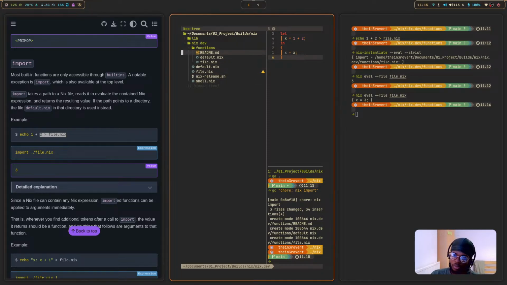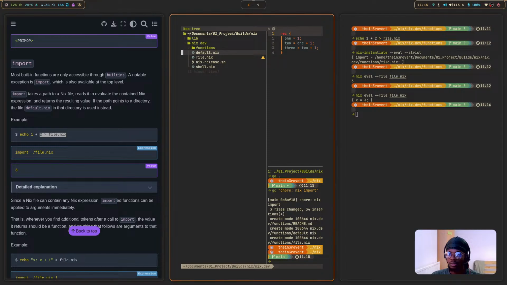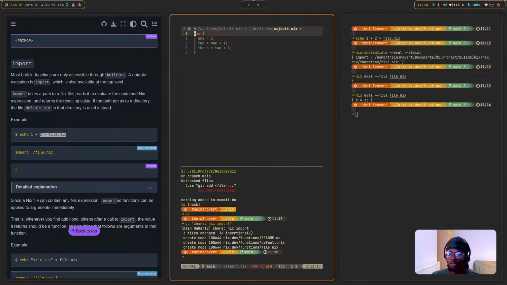Or maybe I didn't do it. Yeah, basically I have a file.nix file, but then I have a default.nix file that takes in the file. Oh, I actually do not. Interesting. Well, how about we create one for